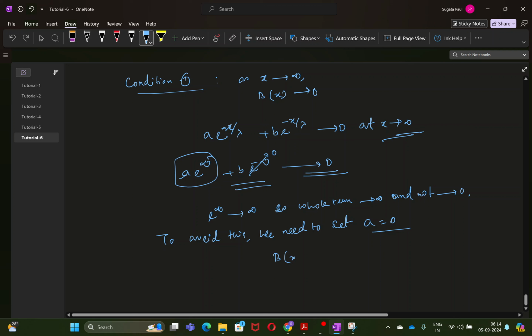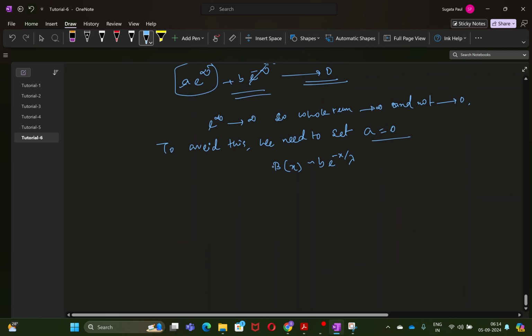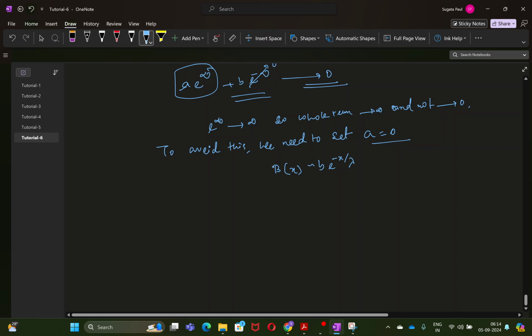If that is the case, then B(x) is simply B e to the power of minus x by lambda. Will this term vanish now, because A is tending to 0? A is equal to 0 by the boundary condition. Now there is a second boundary condition, which is condition number 2,